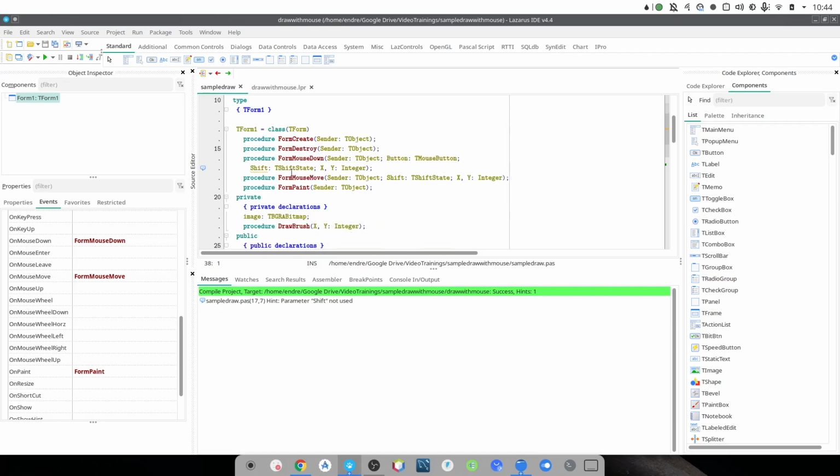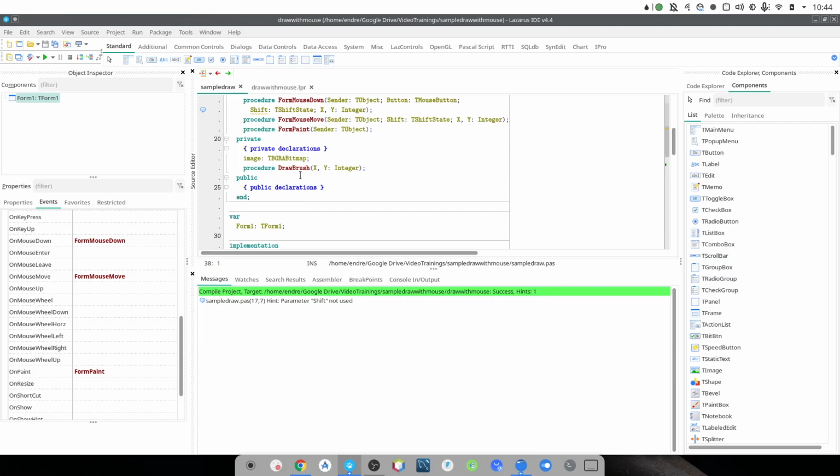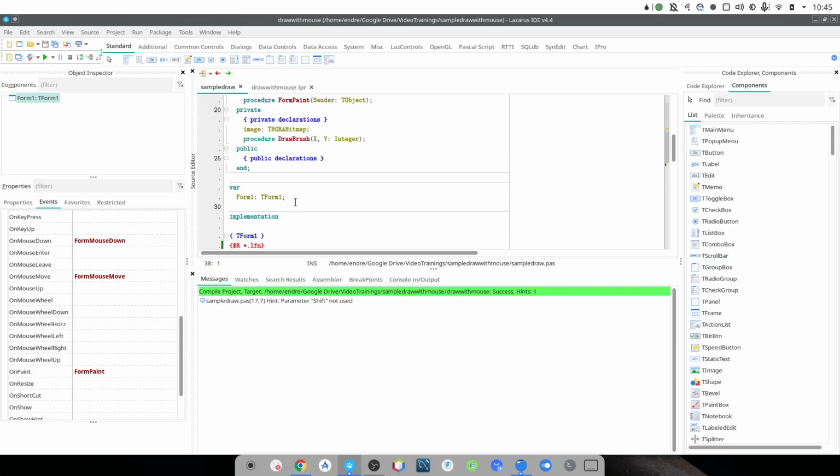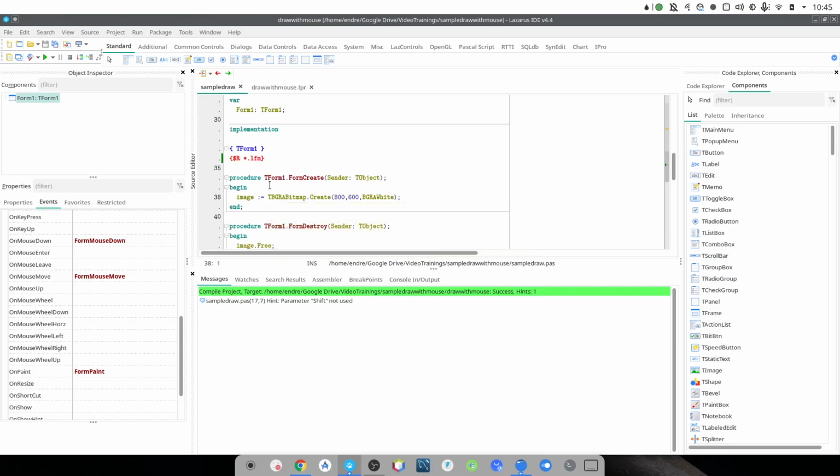So as you can see, I have the form create, form destroy function, form mouse down, form mouse move, and form paint, and of course we have a brush function as well. So at the form create, the same thing is happening what I was showing in the previous tutorial. So I'm just using the BGRABitmap object to create an 800 times 600 canvas, or bitmap, in which I can draw